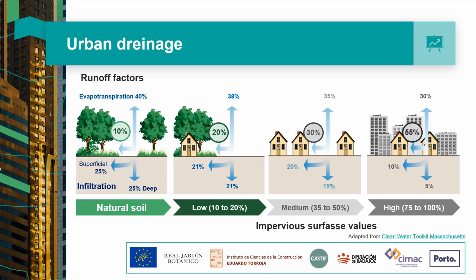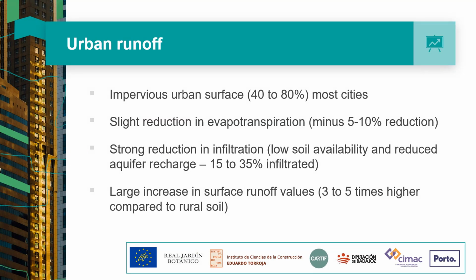These figures show that cities must deal with 5 to 6 times more water at the level of runoff than an area of natural soil, while seeping in 3 times less water, reducing availability in the soil and aquifers. From this, we can conclude that waterproofed urban soil, between 40 and 80% of the territory, which is the case of most cities,